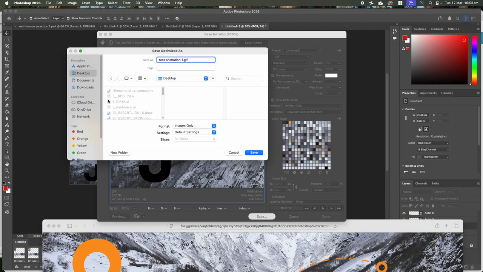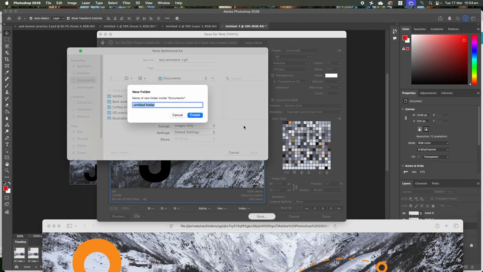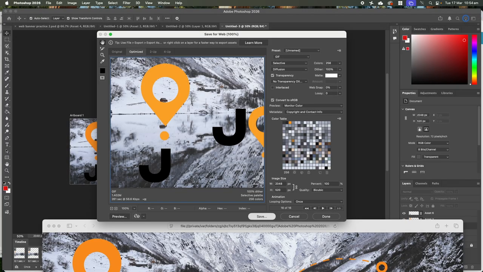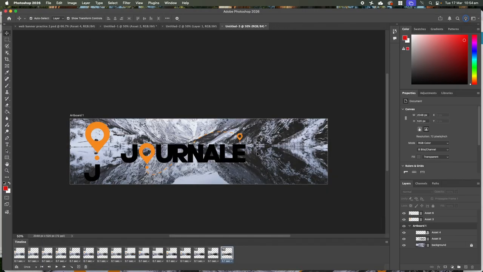Sorry, desktop. Well, it wasn't there. I'll just make a new folder and say test animation. That way the GIF file will go in there,